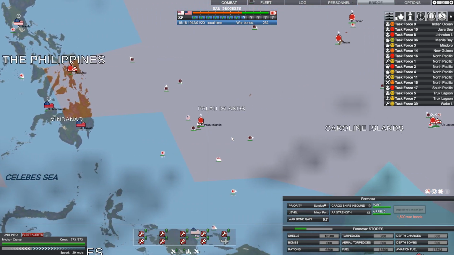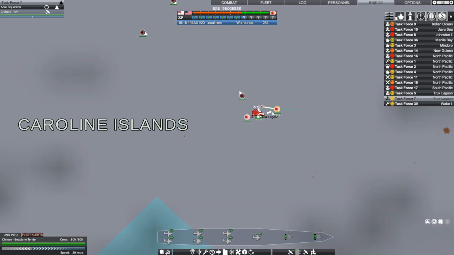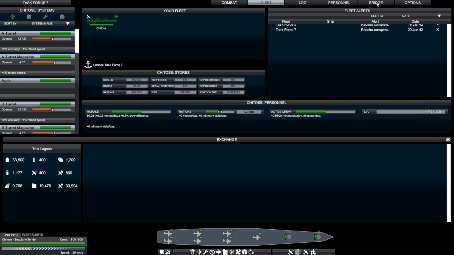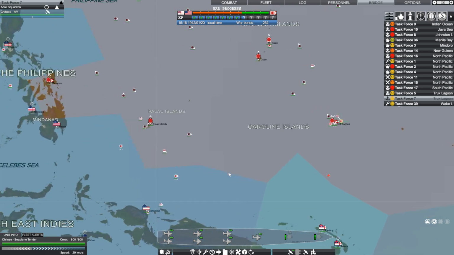Which just reminds me, remember I didn't know what to do with this seaplane tender? Well, I think now I know. Let's click on fleet and look at aviation fuel. This thing has 1260 aviation fuel. Since this carries spotter planes and is not a good warship, I was wondering what I can do with it. I finally figured it out just this instant. We're going to use this ship to carry fuel,